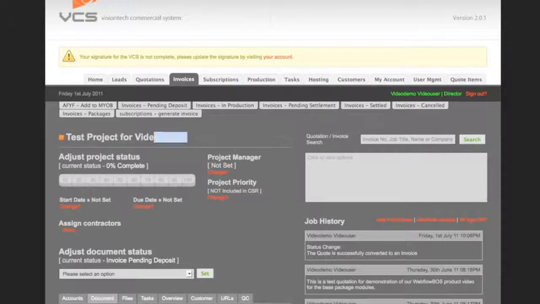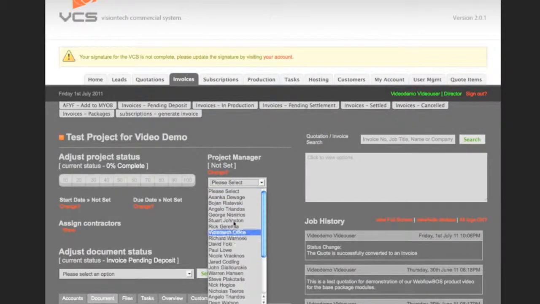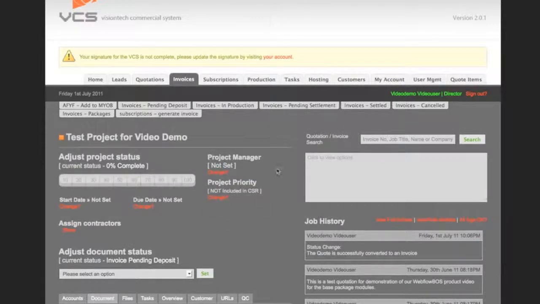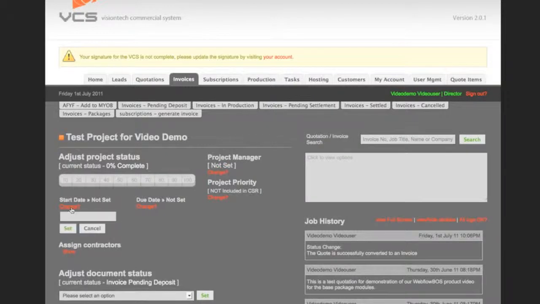So we have the name of the project, the status of the project manager needs to be chosen. We have the priority of the project. Is your cash flow for the week or the month relying on that project? If so, it needs to be tagged, yes or no. There's a start date, an end date,